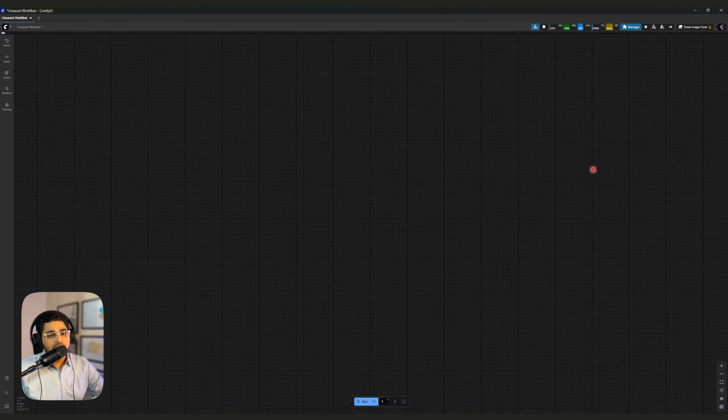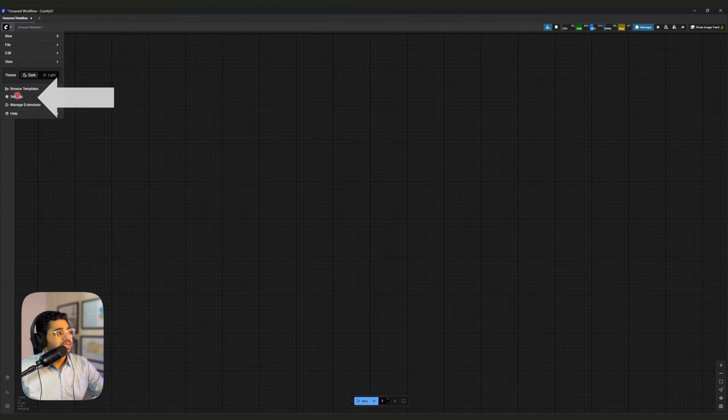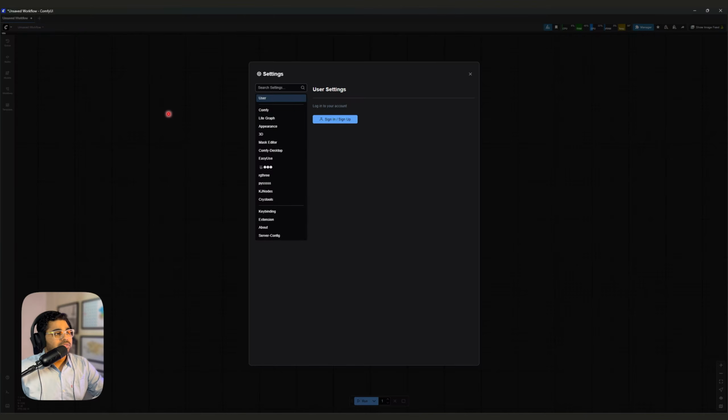When you log into ComfyUI, if you see a profile picture here, that means you have logged in. If you don't see a profile picture here, then you need to go to the C icon on the top left hand side. If you click on it, from there go to settings. When you go to settings, go to users, and there you will see sign in or sign up. You can sign up with Google or any other account you want, and then you will see my name and